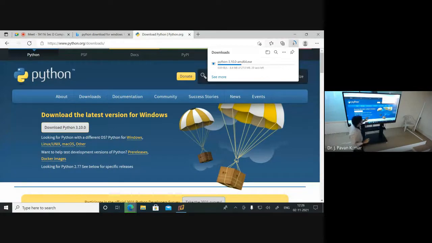There exist several versions of Python. From 2000 onwards, so many versions have been introduced. Currently 3.10.0 is the latest version. There was a major transformation from Python 2 to Python 3.